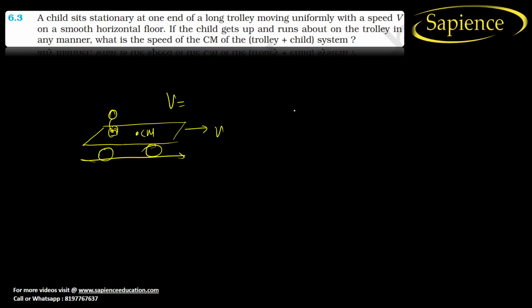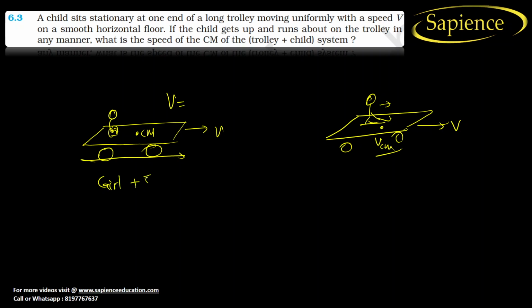Now the second case they are telling is that the trolley is moving with the same velocity v, and the child just stands up and walks or runs with some other velocity. So what will happen to the center of mass? The velocity of the center of mass. So we can see here that earlier the girl plus trolley